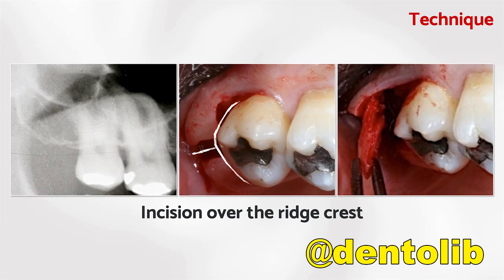This is what we did here. We just raised the flap to the buccal side and the bone was taken using chisels. And pay attention to the corticocancellous graft as soon as it